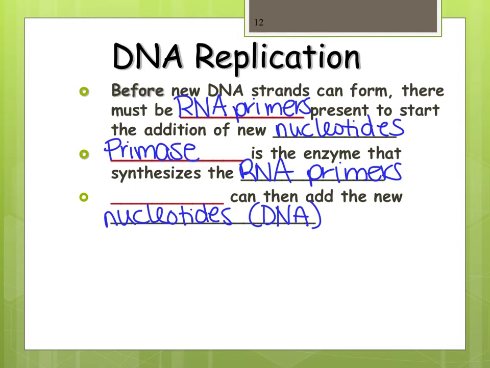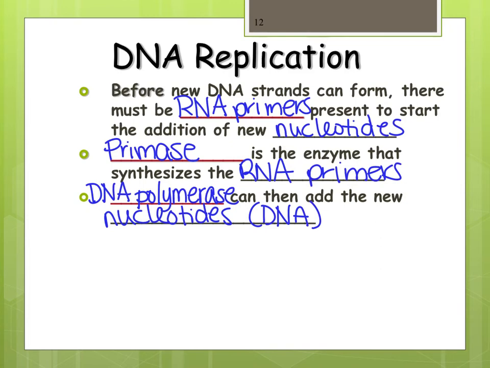So what do we call that molecule where we take monomers and we make a whole bunch of them together? Polymers. And wait, what type of polymer are we making? We're making RNA polymers? No. DNA. So the name of our enzyme is actually DNA polymerase. So DNA polymerase makes a polymer of DNA. How do you make a polymer of something? You add a bunch of monomers. What's the monomer of DNA? Nucleotides. So DNA polymerase tells you exactly what it does.